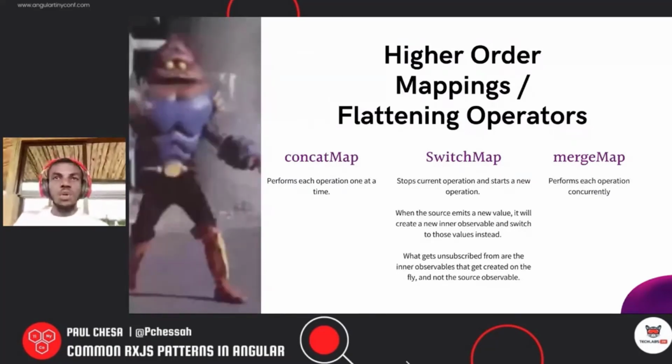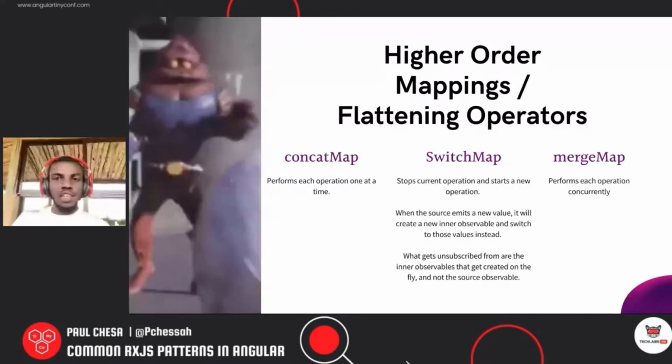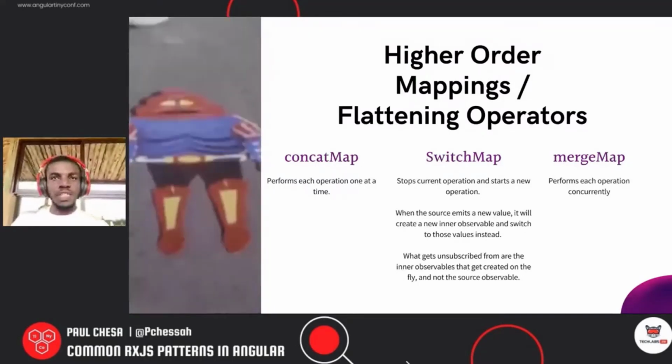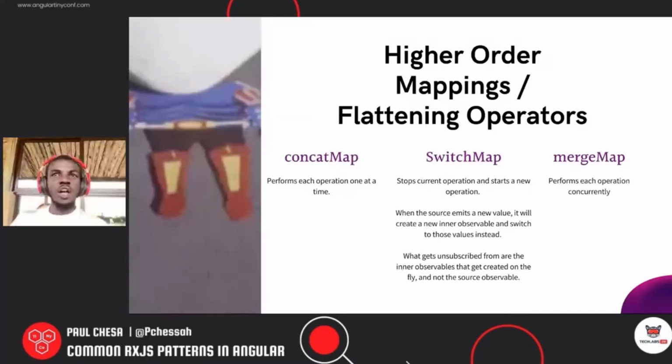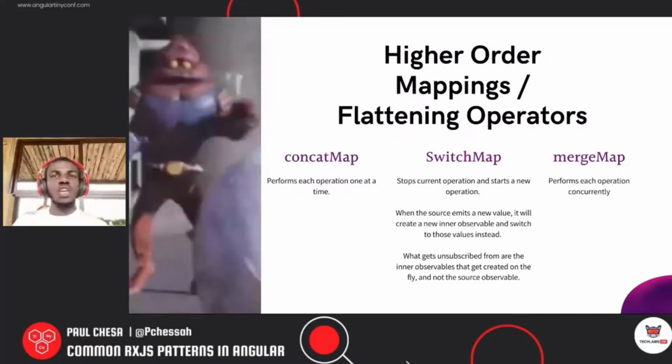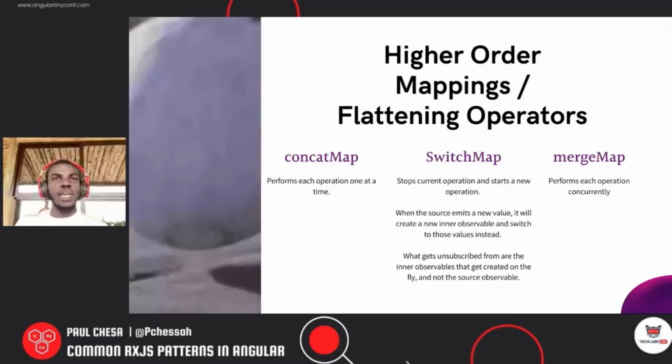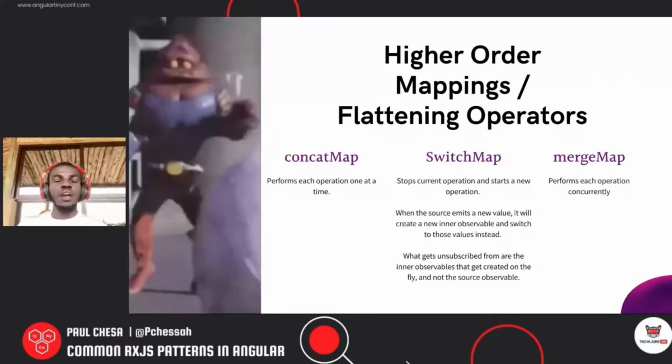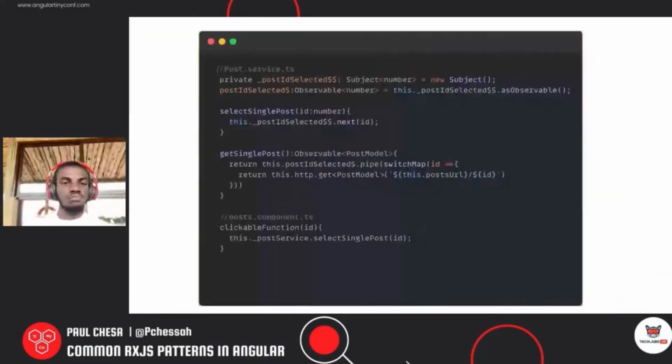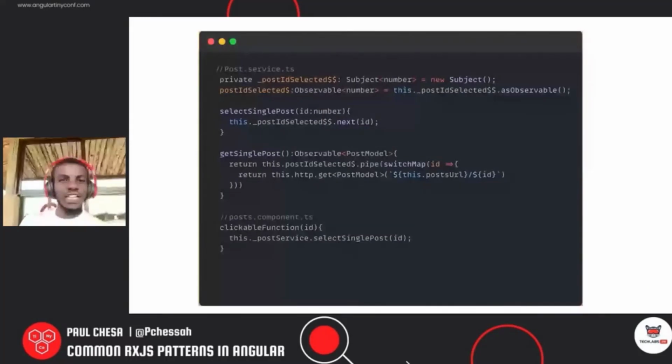So in this case, we are getting the observable from the subject and then calling an external observable to get the information that we need. And that's how we are reacting to the user doing a particular action. So how does this look in a snippet of code? Once again, a snippet from PostService, where we've created a subject that looks at the ID of the post. And this ID is based on the selection of the user. So once the user selects it,